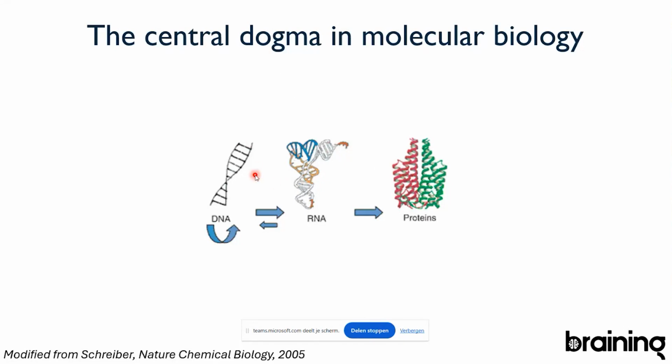So I was talking about the central dogma. Here you have the figure of the central dogma. As I said, you get RNA from a DNA molecule. This RNA is the blueprint for proteins. And so basically all the information that you would need to make proteins would be somehow hidden, let's say, in the DNA and the RNA. So both DNA molecules and RNA molecules are very interesting for biologists to study to understand biological processes, although it's generally considered that the proteins are the actual actors in biology, right?